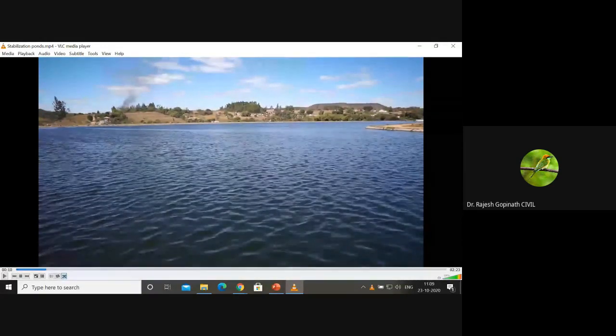Honestly speaking, when you see a structure like this, a water body like this, what would you think it is? You would definitely think that it's a lake. And had the scale of this system been smaller, you would have thought that it's a pond. The most important thing to understand is that the appearance of these systems gives a feeling that it's a natural system. And essentially, it is a natural way in which we are purifying the wastewater.